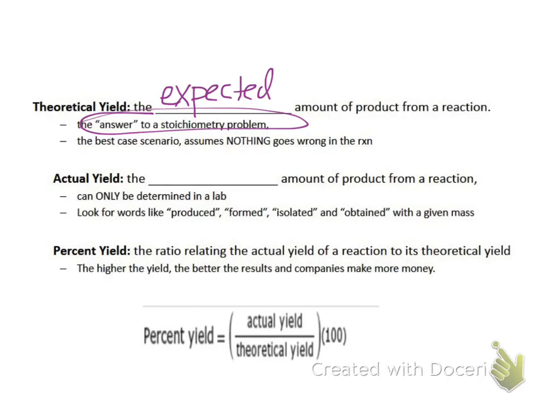Okay? The actual yield, are you ready for it, is the actual amount. I know. Okay? This can only be determined in the lab. You have to go into the lab and do it. Okay? And so you can calculate what you should get, but you'll actually probably get something different. And that's what our lab is going to be on Thursday. We're going to do a stoichiometry lab. We're going to form a precipitate. We're going to filter it. We're going to let it dry over the weekend and then come back and get a mass of that.